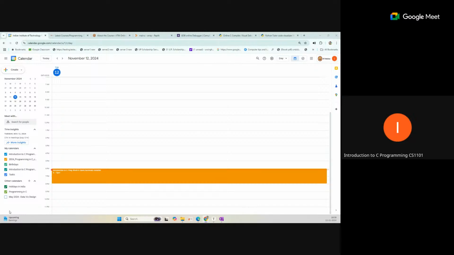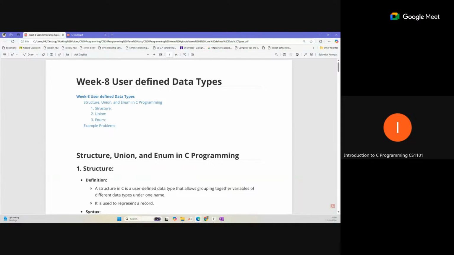Okay, so I hope my screen is visible and streaming has already started. Okay, fine. So week 8 is the next step of programming. Till now we have seen basic problems which take single inputs, and we perform some operation on those inputs and get some output. After that, in week 7, we also introduced arrays and strings, where we have a set of values and we need to perform some operation on the set of values, then